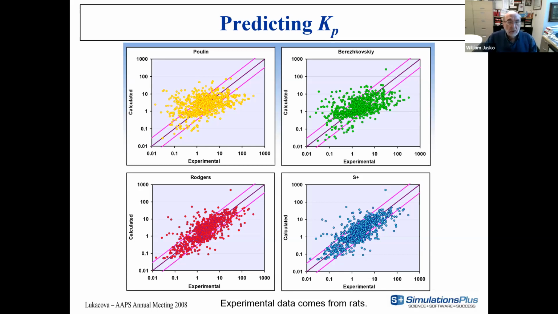The most commonly used one is the Rogers and Rowland method at the bottom left. And looking at that method, we can see that there's a lot of times where the predictions will work pretty good, and there's a lot of times when the ratios are far off. So how do you know ahead of time whether you're going to get a good prediction or not? No one ever measures tissue concentrations in humans to verify these kinds of predictions.